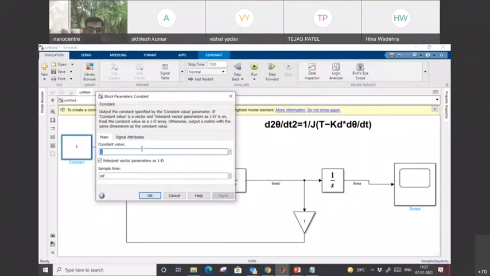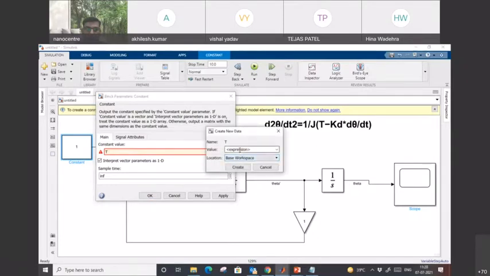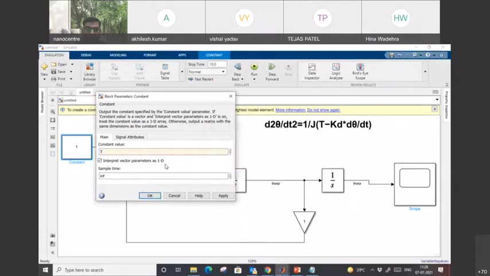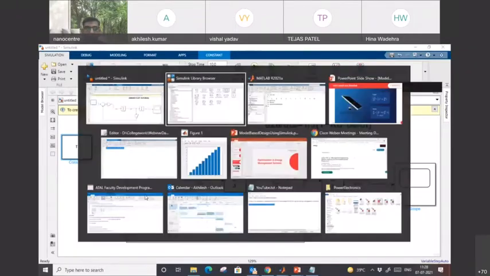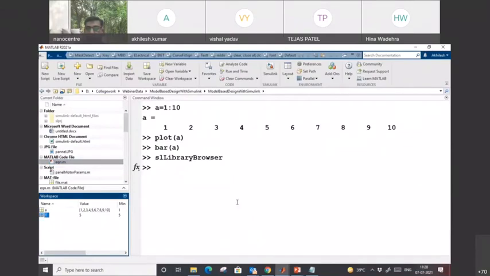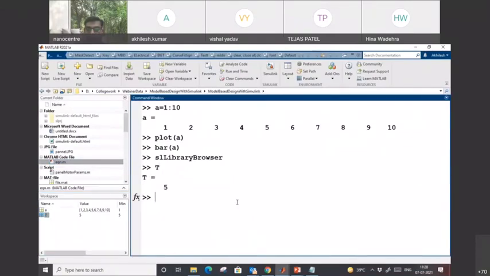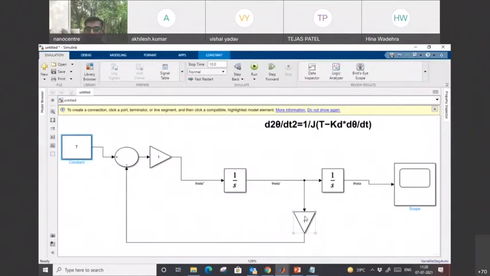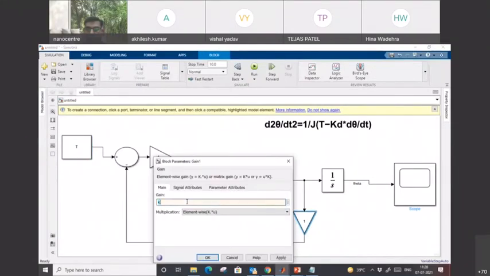So this is T. So simply I will go here. I will define this as T, and T is undefined. That's why we are getting this warning here. So from here, if I click on this three dot, there is the option to create the T. Okay, so I am just providing T right now, let's say 5. The torque value is 5. Just simply I will click create. And now you see, if I switch in the workspace, T is defined already in my workspace as a 5, right?